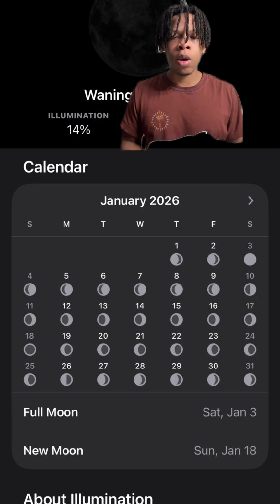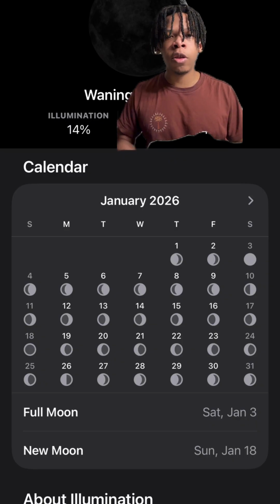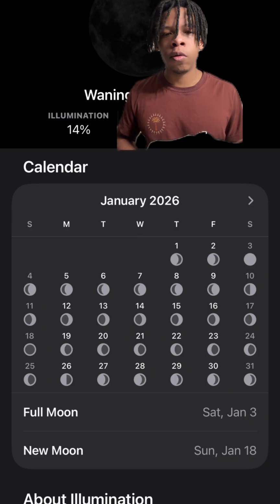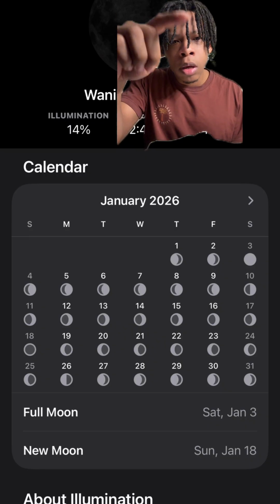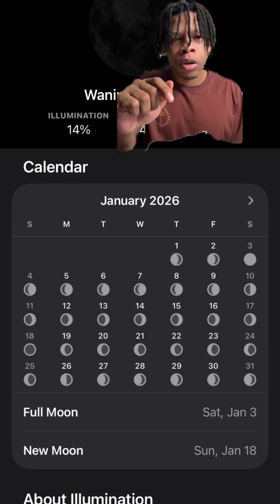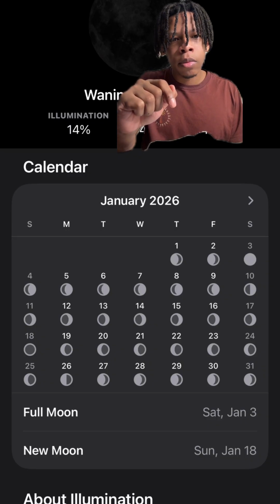So I want to make this as simple as possible for those who are going based off the moon cycles on how to properly get his months in order. Now, I'll explain my personal thoughts on how you follow the months. I'll explain that at the end. So let's just begin. Where you see down there, January 3rd, a full moon.